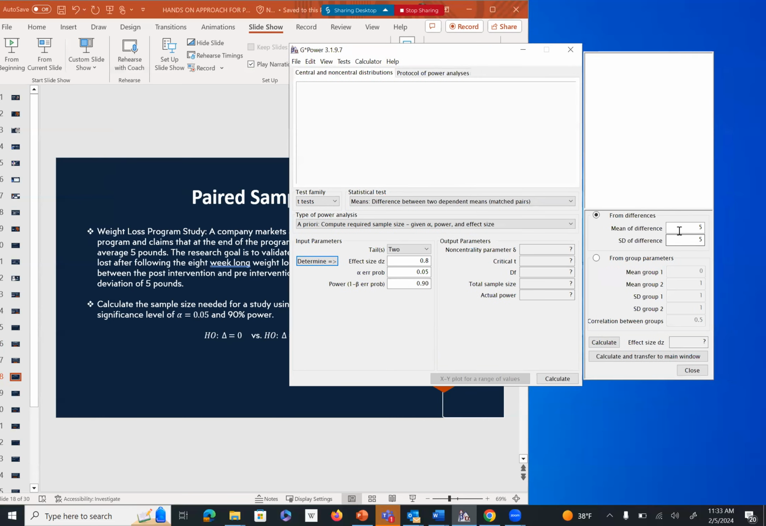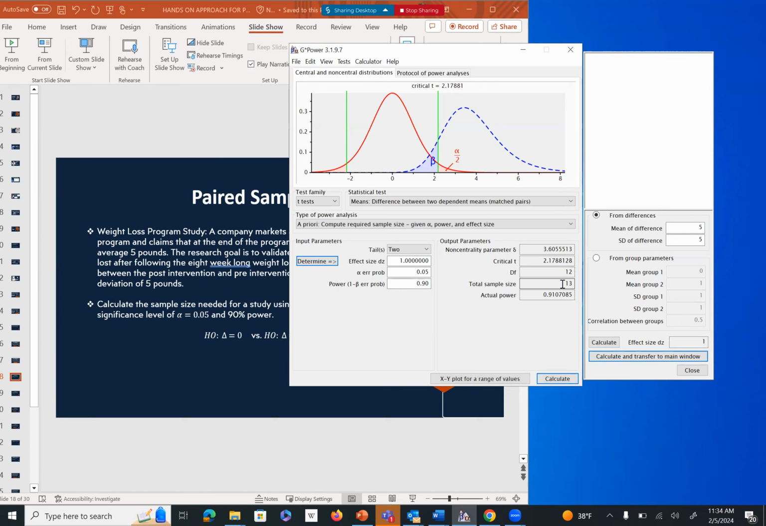So for the differences between pre and post, as I provided, the difference between the post intervention and pre-intervention will be 5 pounds, and their standard deviation was 5 pounds. You calculate the effect size, which was 1, a pretty large effect size, and then you calculate the sample size with a power of 90%. So here, you need a total sample size of 13 individuals to see a very large effect size with a power of 90%